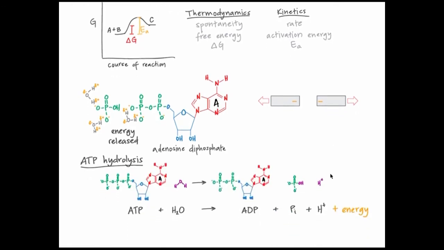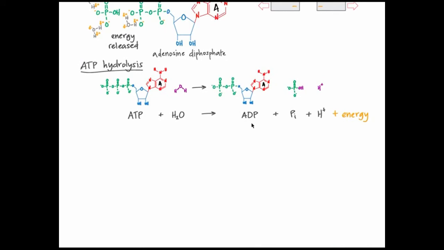Here's the reaction. ATP is broken into ADP and a phosphate group called inorganic phosphate, or Pi. This is a hydrolysis reaction, where a molecule of water breaks the bond between the phosphate groups. The hydrogen ion that is made dissociates into the cell and is sometimes attached to ADP or inorganic phosphate, so often it is not written in the equation.